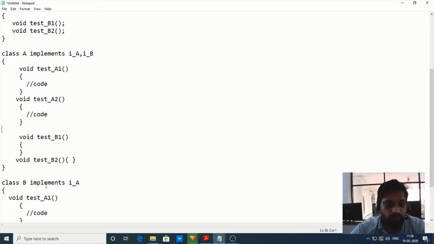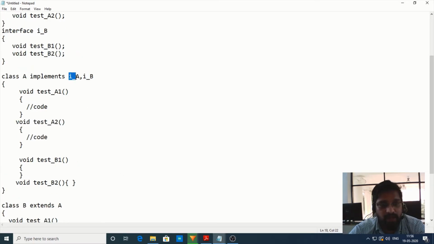And one more variation. Let us assume my class B is trying to extend the class called A. In other words, my class B is trying to inherit the class called A. Now my class B wants to implement an interface called I_a. How can it do this?